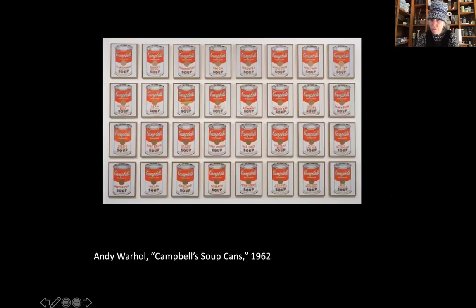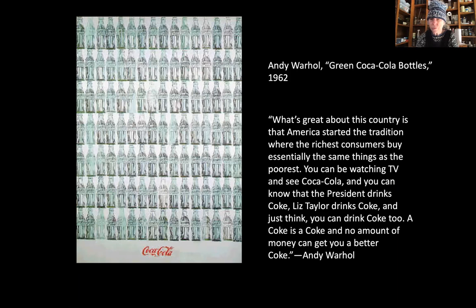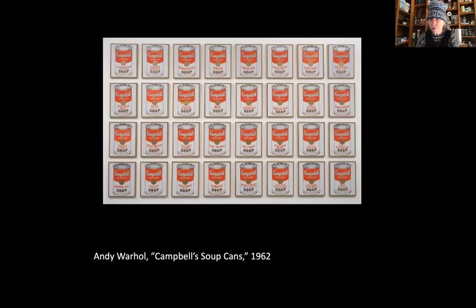All right. So one of Warhol's most famous paintings, you could say, and this is actually a painting, not a silkscreen. The previous things we looked at were silkscreen. But one of his first works about consumerism, or about American consumer culture, were these soup cans. And I think the Museum of Modern Art owns this, so you can see it in New York. And each one is different. Okay, so